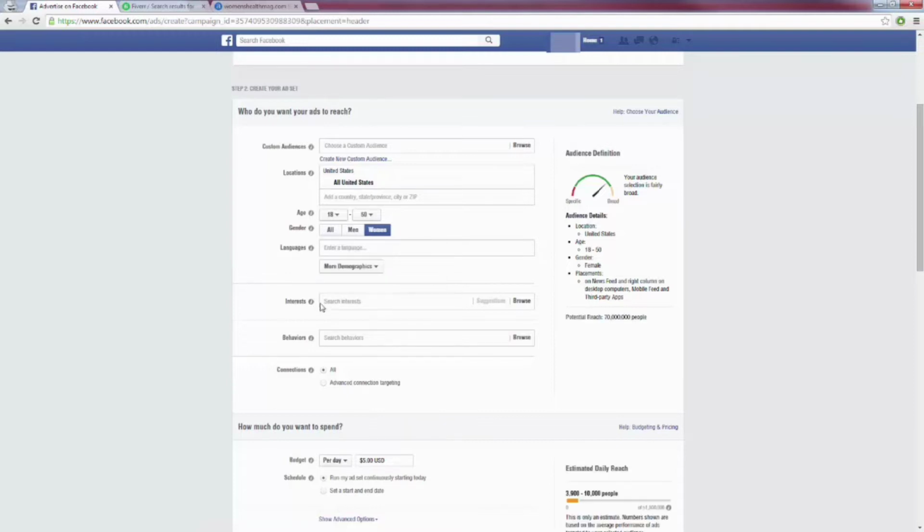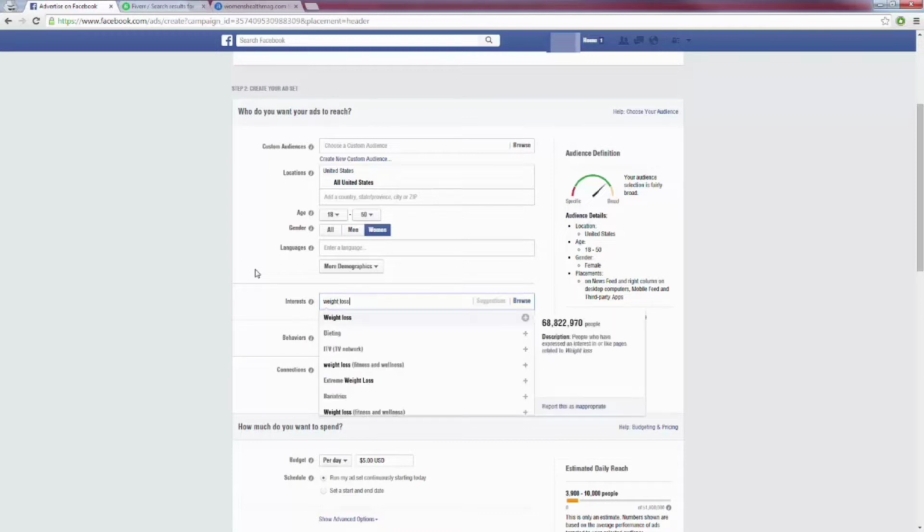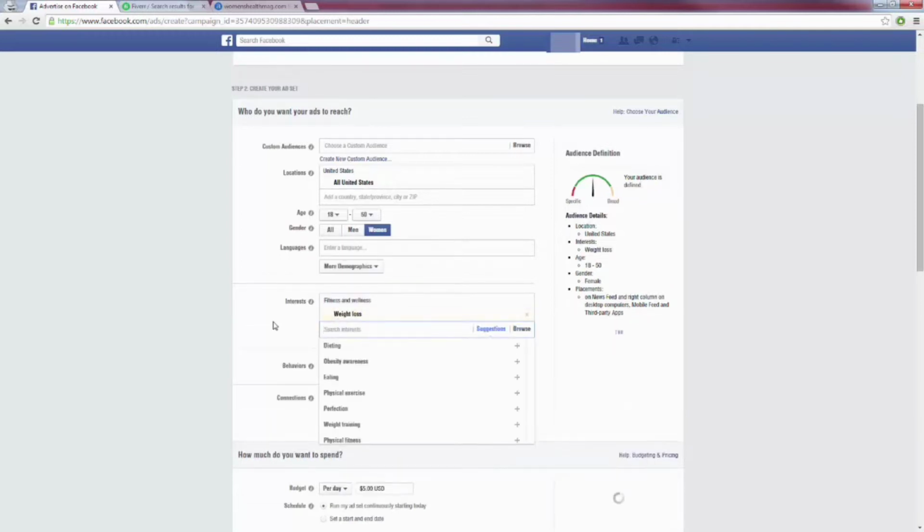Now, the big thing here is the interest. Who are we going to target? Who is interested in our weight loss product? Well, I can start it off by doing just some broad interest. I can choose weight loss, for example, because that's who I'm targeting. If you know of anybody in your niche that is big, you can target people. Like if I was targeting basketball players, I could target LeBron James. If I was targeting internet marketing people, I could target Frank Kern. Off the top of my head, I don't know anyone who is big in the weight loss niche.